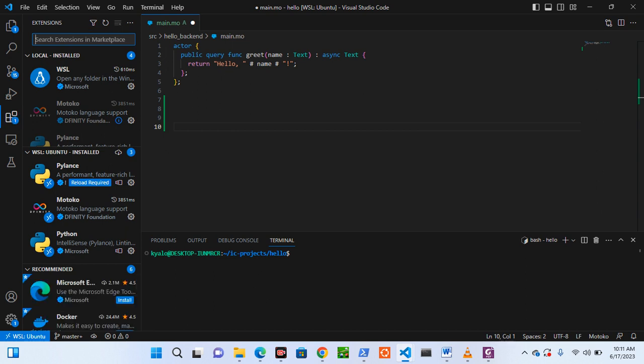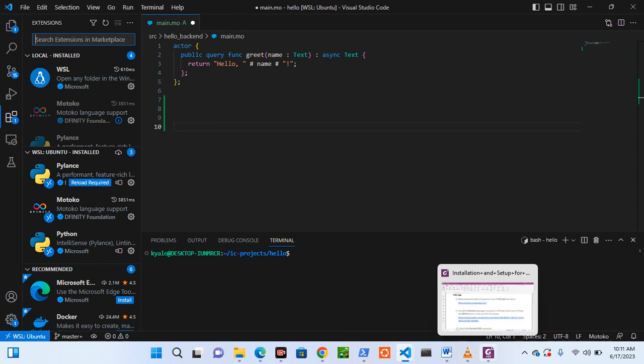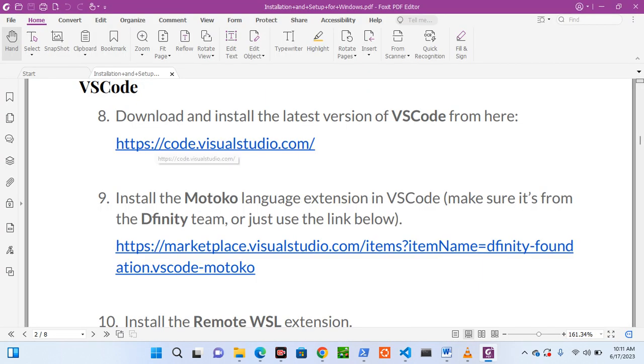You can come here, or you can copy this one for installing VS Code, and this one for the Motoko language extension on VS Code,